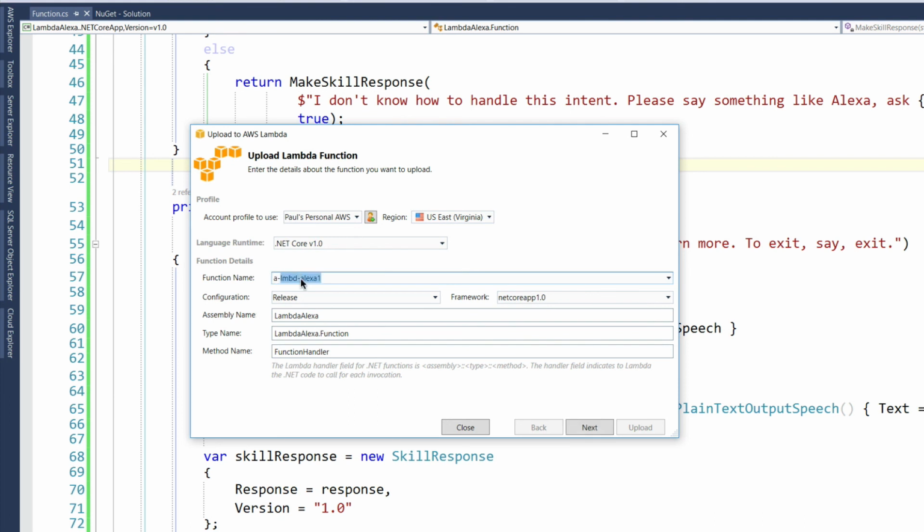So we're going to use a-lmbd-alexa C#. And this is going to be a new function we're going to create. You can choose the configuration, the framework, and those things. Those should all be fine, but really we need the function name here. And then if you click next,